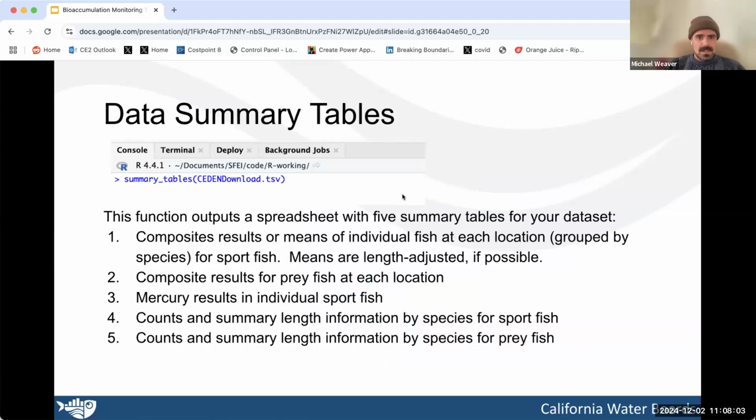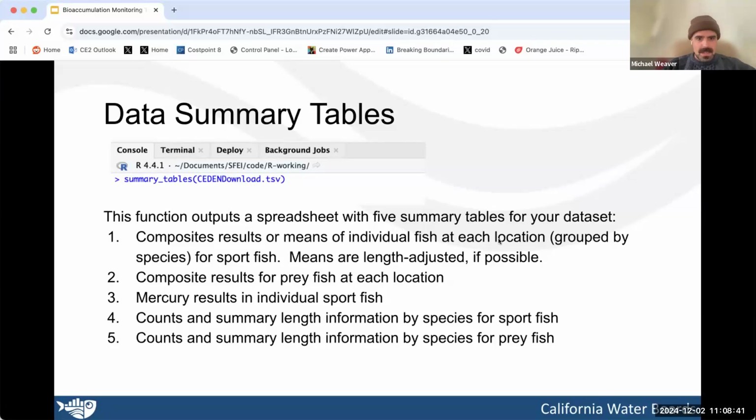This is the summary tables function that generates all of those appendix tables, and basically the only parameter you've got to pass to it is the name of your data file, which should probably be in quotes, but just pretend. And once you do that, it'll output a spreadsheet with summary tabs for each of these tables